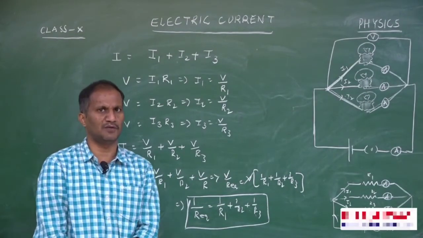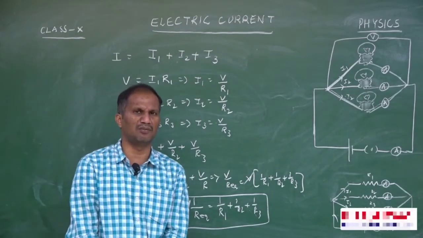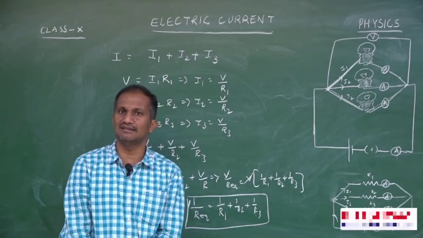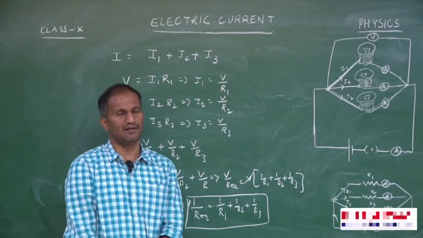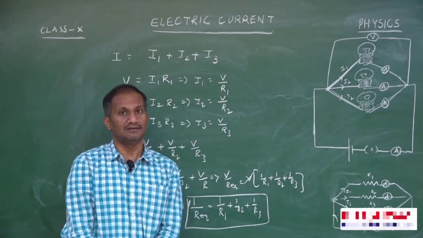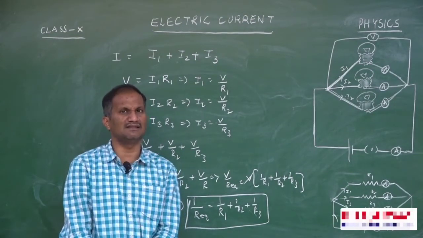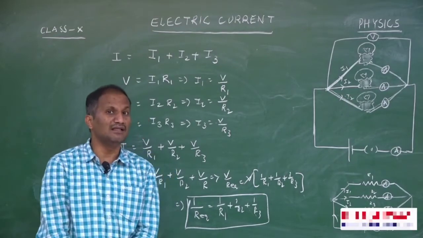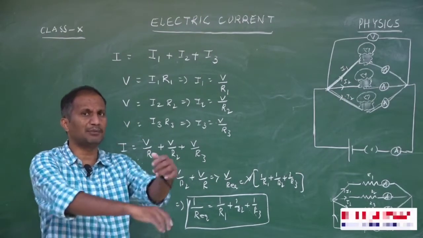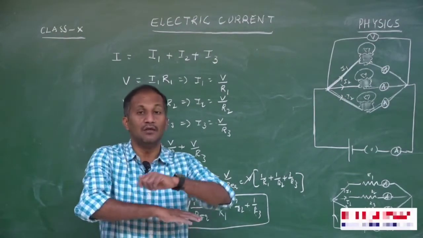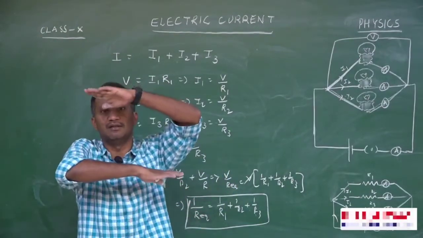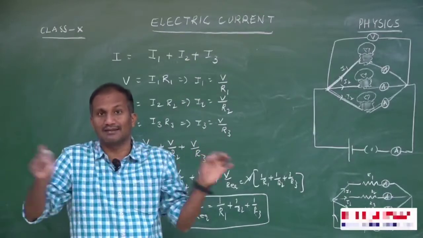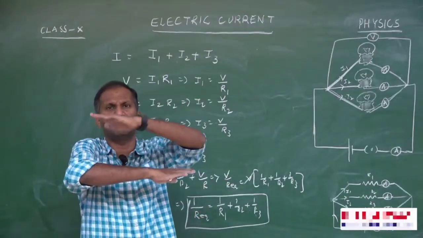This is most important. In case of parallel combination, the resultant resistance is less than that of any individual resistor. Now we are going to see how the resultant resistance is less than that of any individual resistor. In case of parallel combination, what we are doing is we pile up each resistor one by one, not tied up like a thread. We are piling them one upon another.